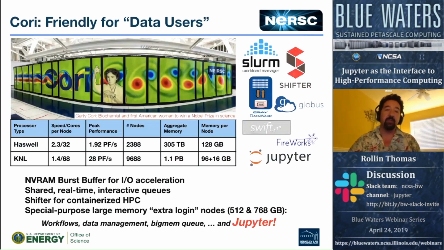Part of the mission need for the Cori system was the needs of these experimental and observational data users. So Cori is really the first system that we have deployed which is really friendly for data users and simulation users at the same time. And we've done this through a number of different data-friendly features, including a burst buffer for I/O acceleration, a very flexible queue structure enabled by the Slurm workload manager, so shared queues, real-time queues, interactive queues are available for our users. Right away, containerization is something that we recognize is going to be really important for experiments that are running